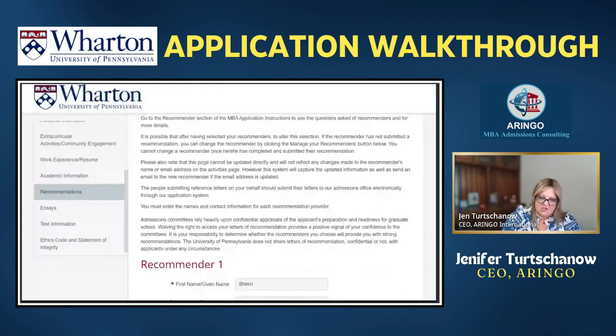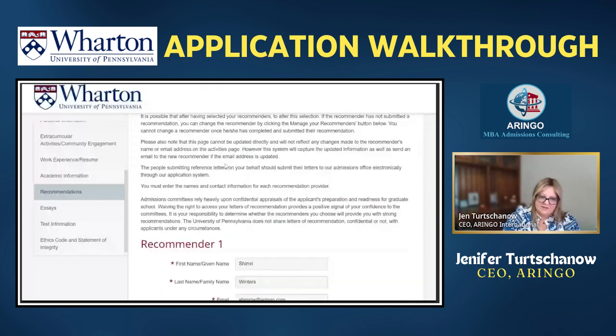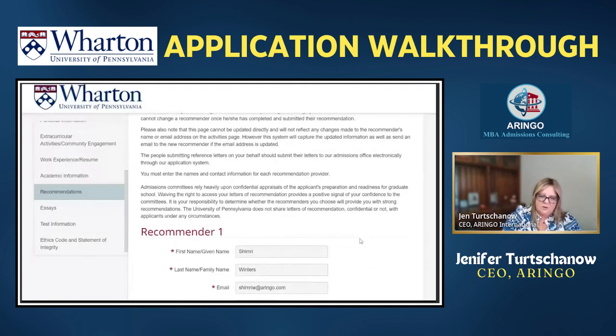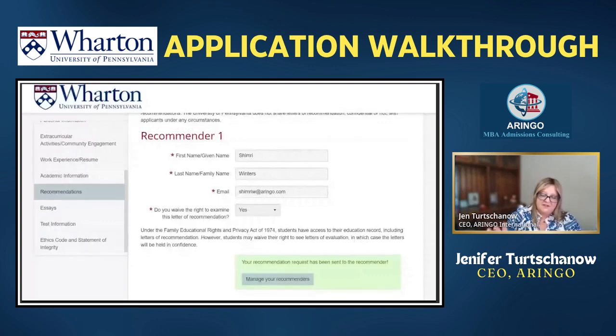Okay, so recommendations. They're going to tell you exactly who they want you to put as your recommender and what they need to answer. You can also find that on their website. When you're selecting your recommender, you want to find somebody who can talk to your work experience, your leadership, your growth, somebody who's giving you critical or constructive feedback, that type of relationship. It doesn't have to be the CEO of the company. It can be just your direct supervisor or manager. Title is not as important as the quality of the actual recommendation